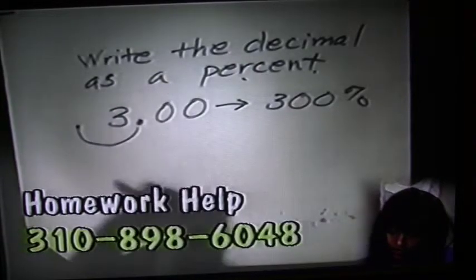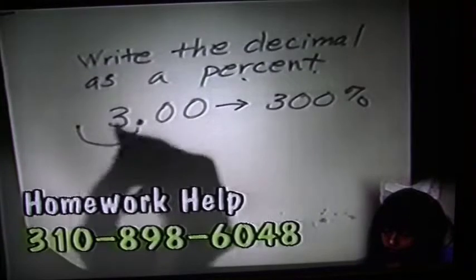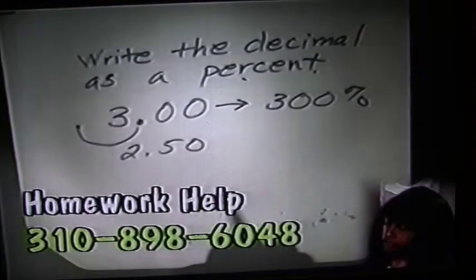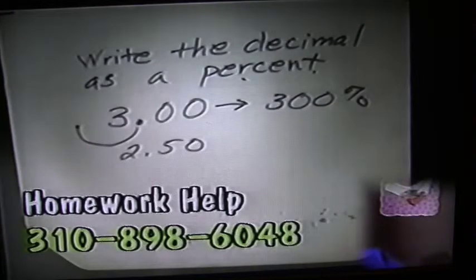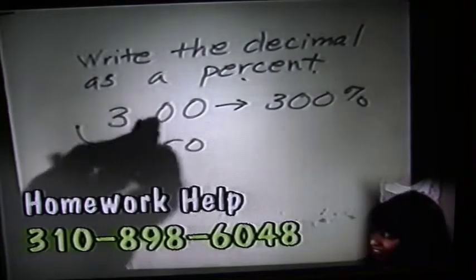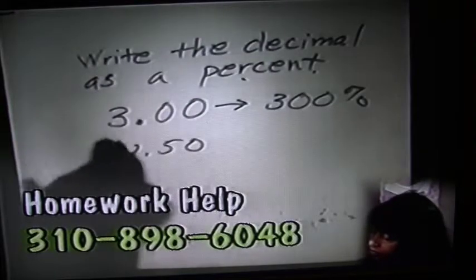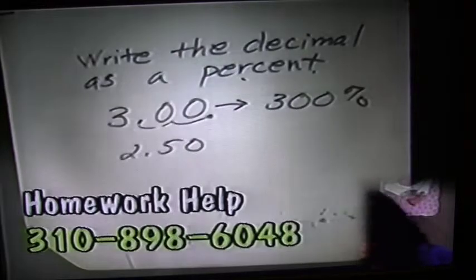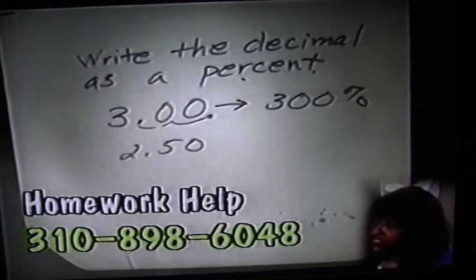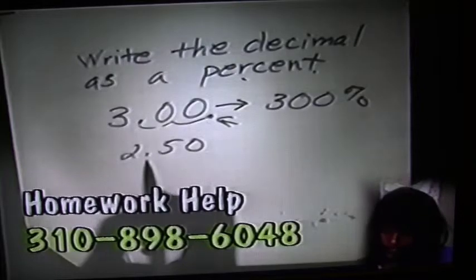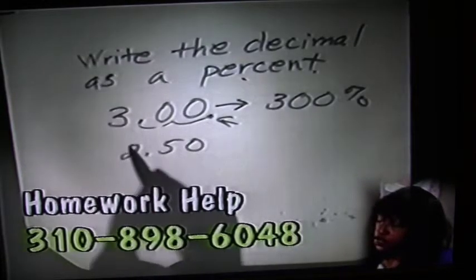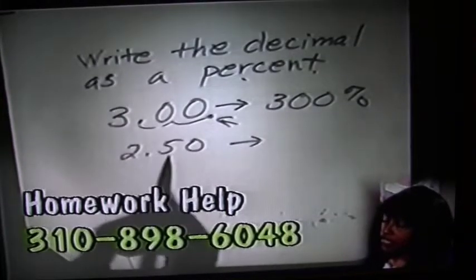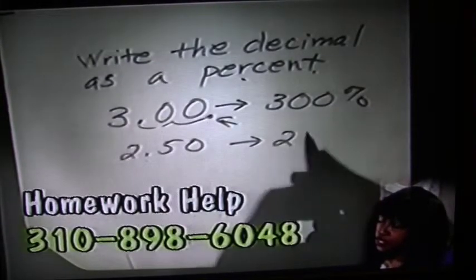Let's look at 2.50. I moved the decimal point the wrong way here. You move your decimal point over. So you have 300. Let's find the percentage of this one. 2.50. Move the decimal point over. 1, 2, and you have